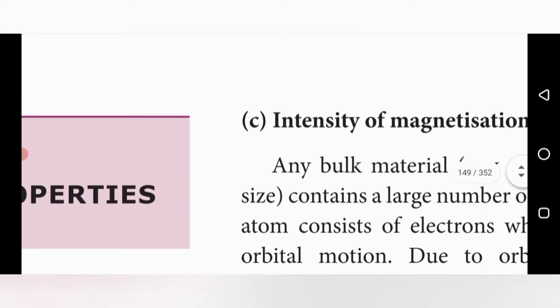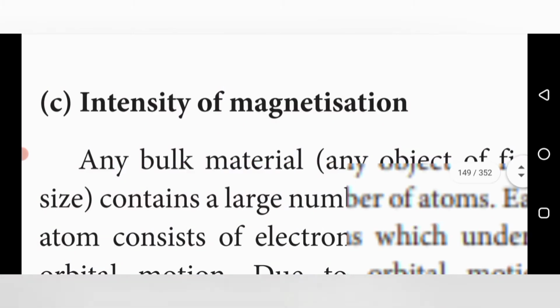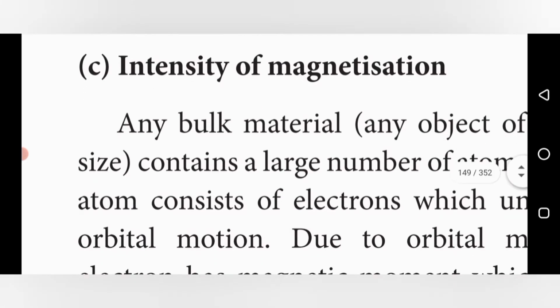learned two properties, then the third one, intensity of magnetization. Intensity means transfer of energy within a particular area. So that is called intensity. That is energy transformation within a limited area. This is the meaning of intensity. Intensity of magnetization, so that means